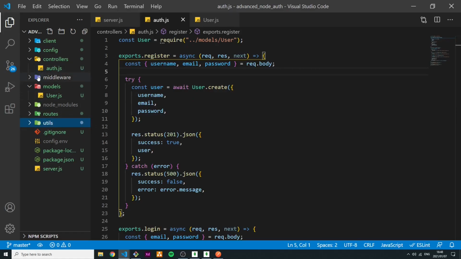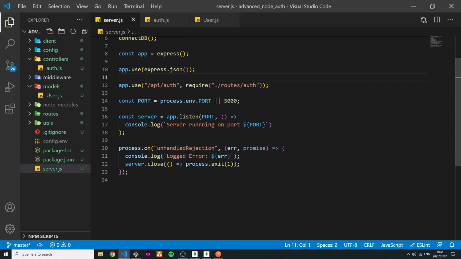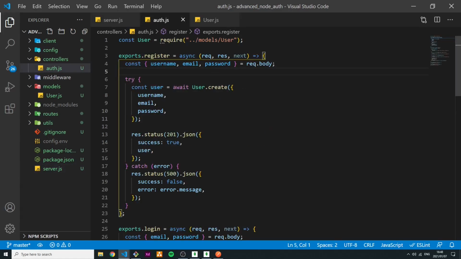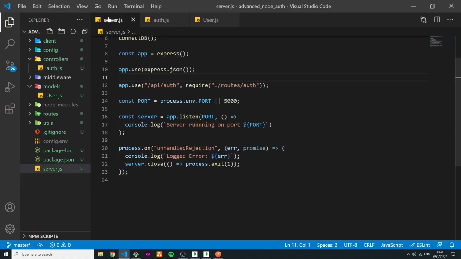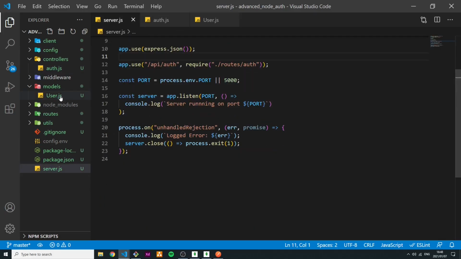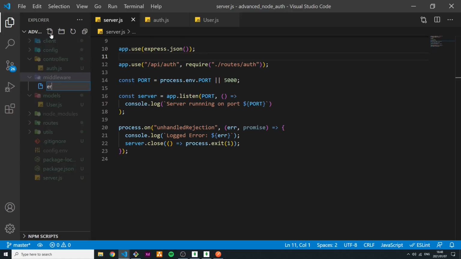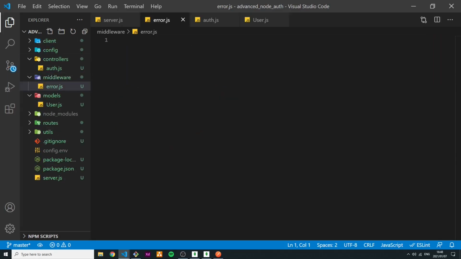And in our middleware is where we're going to create our error handler. So this is a piece of middleware we're going to add right at the bottom of our application, which will catch all errors we pass to the next variable. So this is important if you know how Express works. Whenever we call next and we pass it some error, it automatically gets sent to the error handler middleware. So let's create that piece of middleware. We can say error.js. And this error.js is basically just going to use that ErrorResponse we created and require it out of the utils